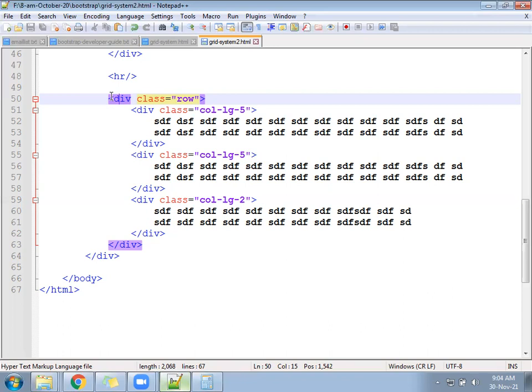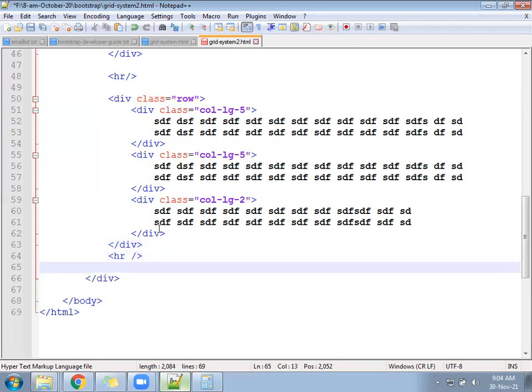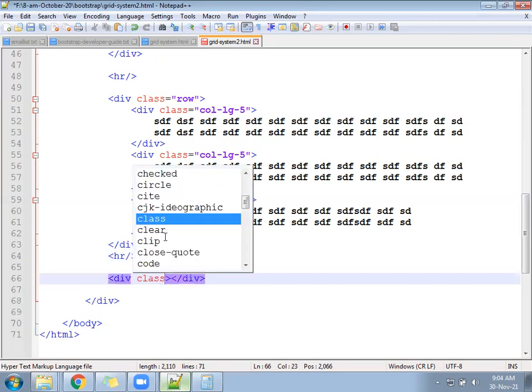Let's go ahead. Next again, create the next row. Div, class equal to row.